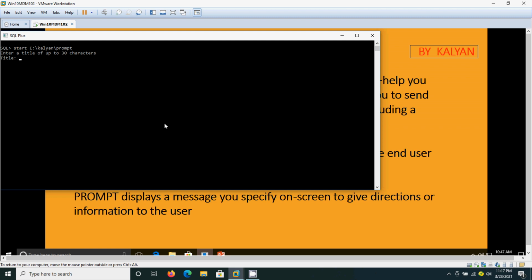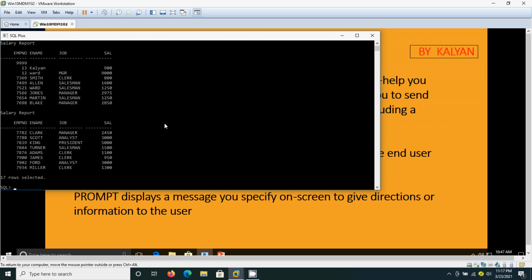See, it asks for the title name. Here I have given salary report. See, on the top of the query result, it shows salary report at the left hand side, and it displayed the query result under it.